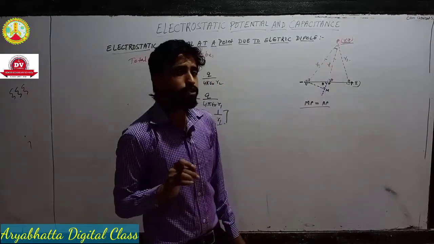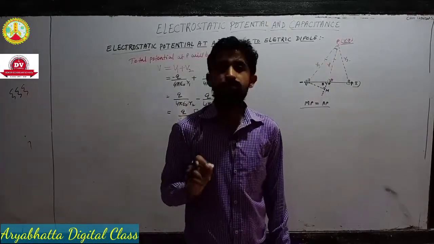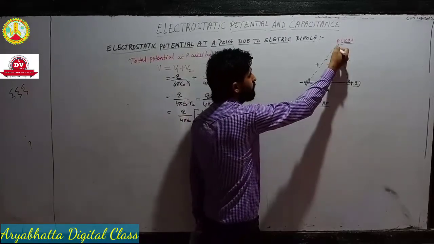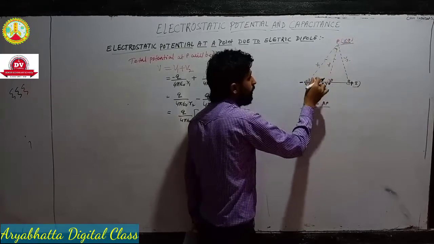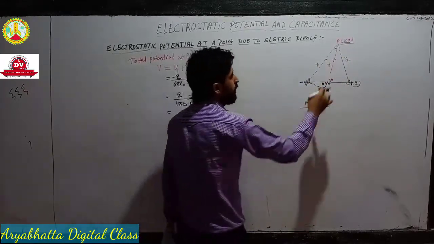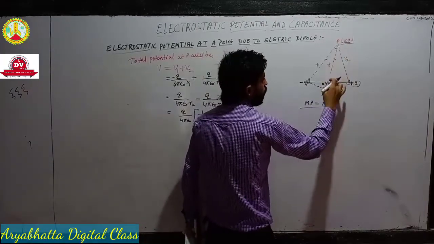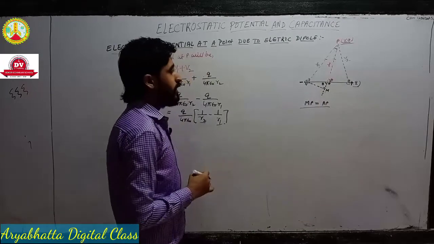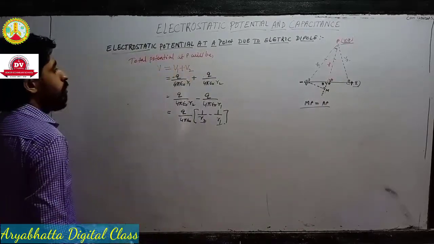And these things you have done in class 11 itself, that is first year, if you remember classical mechanics, right? So if this is very small, then this AP will be equal to PM. So in PM, see, we have got the value of OP as R, but we don't know the value of OM here.